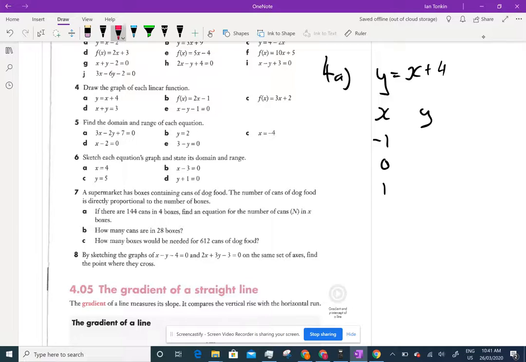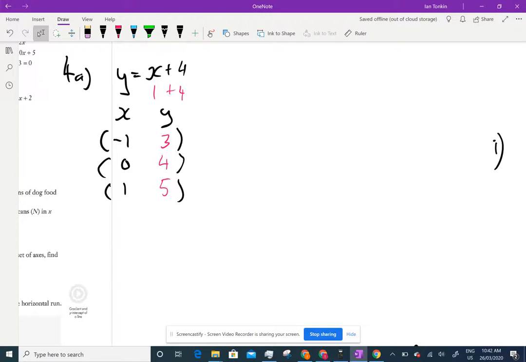So if I put -1 in for x, I'm going to get -1 plus 4. And -1 plus 4 is 3, so the y is 3. If I put in 0, I'm going to get 0 plus 4. Oh, and that's 4. And if I put in 1, I'm going to get 1 plus 4, and that's 5. And then all of a sudden, I've got my coordinates written as coordinates, the x and the y. And then all I do over here